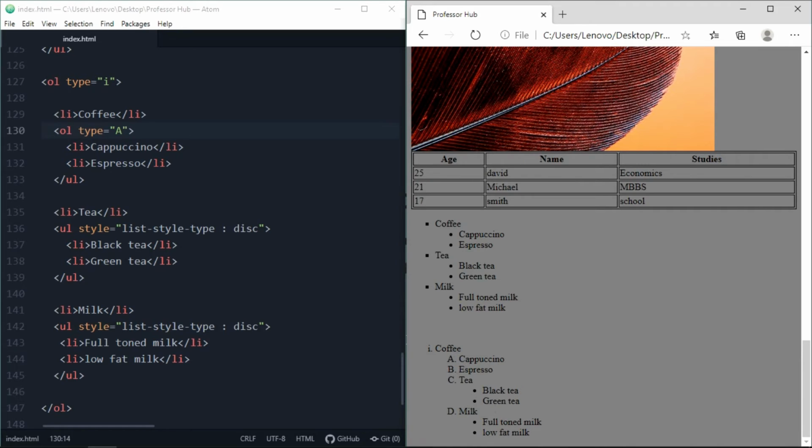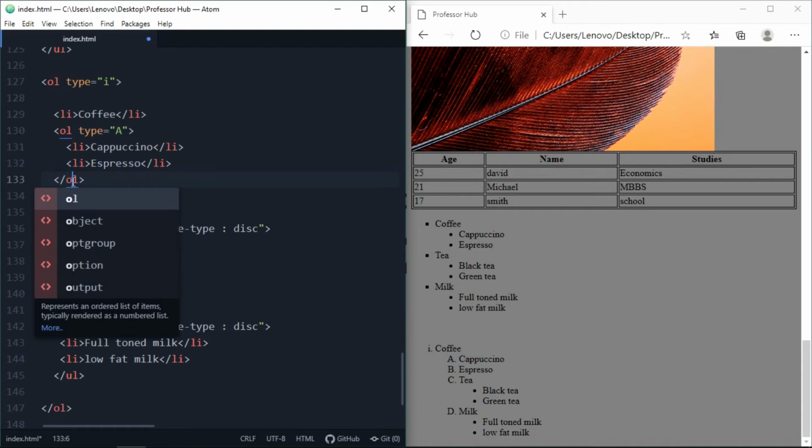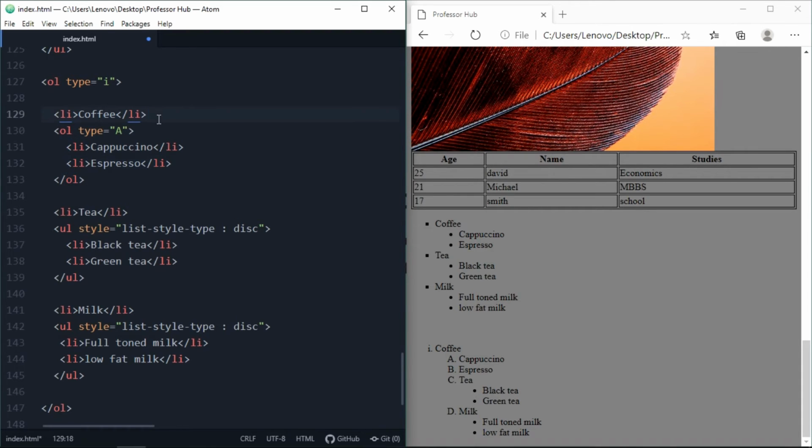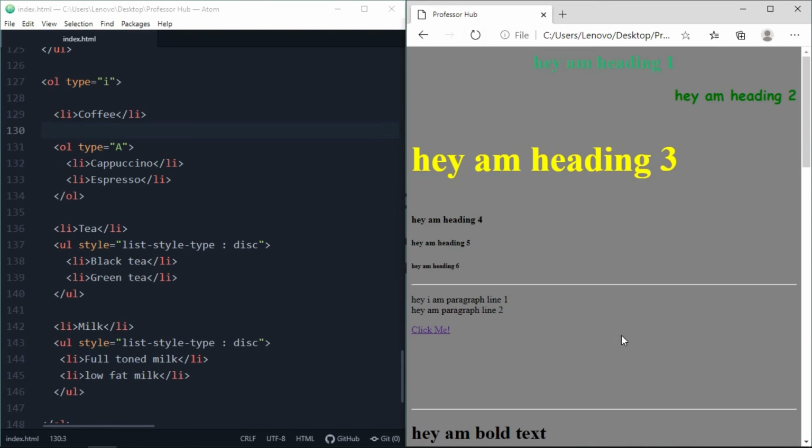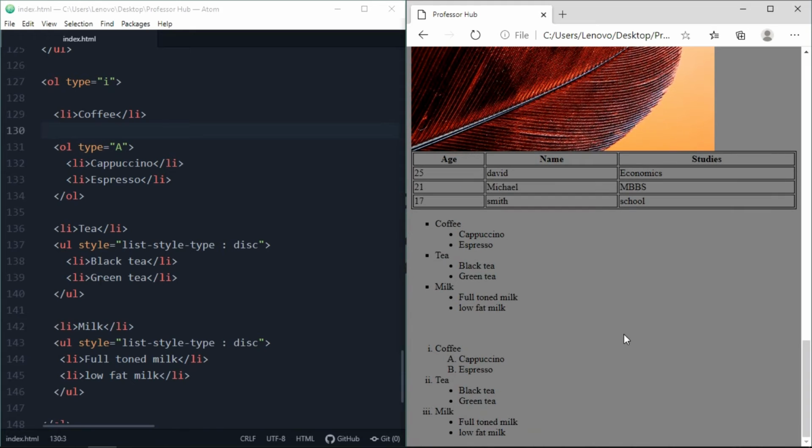Also, you might see a mess here because we have this UL at the end. We want the OL to end. So let's make it OL here. Yeah, you can see this right now. This looks completely messy. So let's make it OL. Now save it and refresh it. Hit enter here and refresh it now. You will see a completely different result.